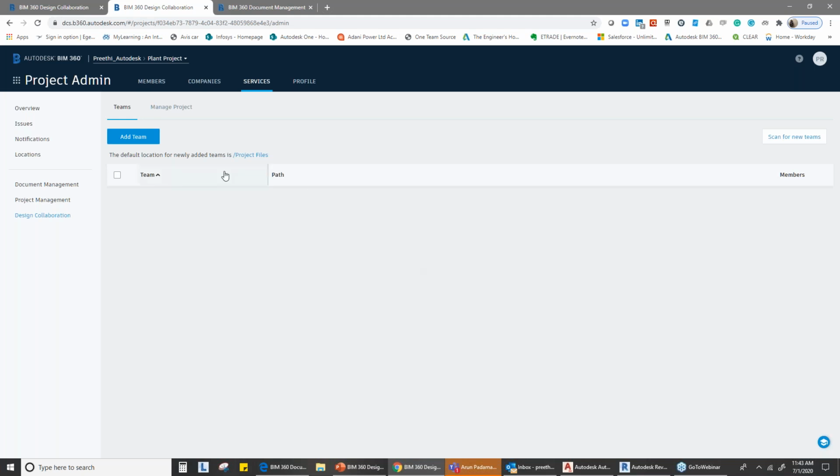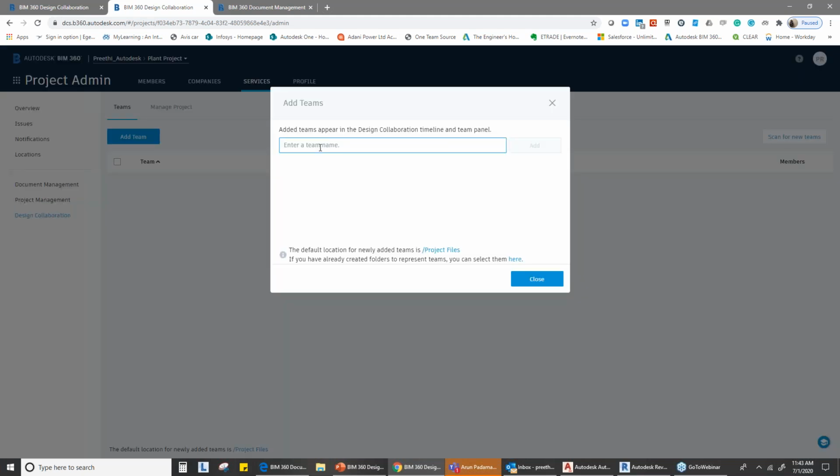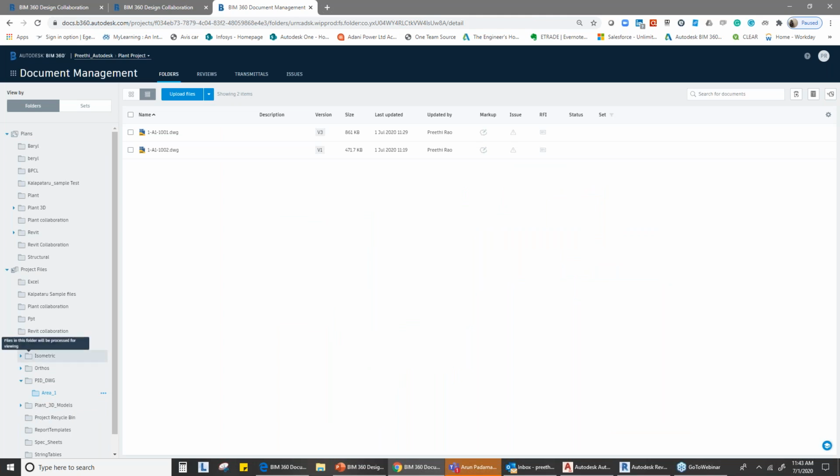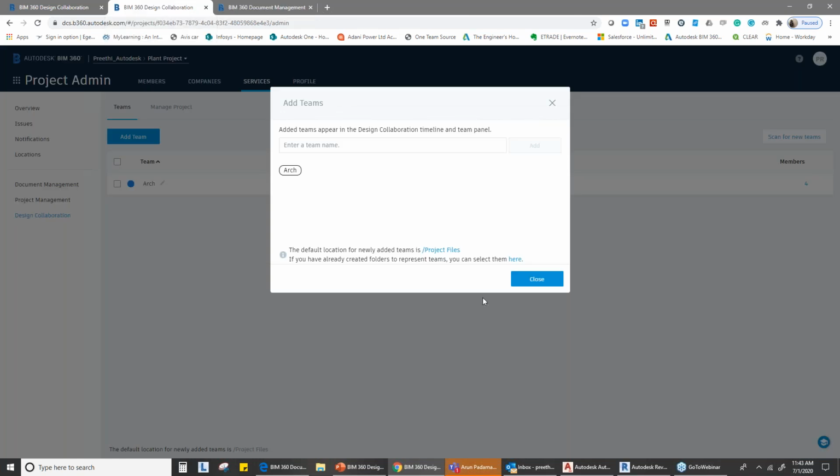And in the services section, you could call different team members. The team members could be architectural, structural, MEP. It could be even individual stakeholders. For example, I could say architectural team member and get them added. Now, while we are adding this, I need to show you something. As soon as I create this, architecture, structures, MEP over here, I could add a next team member over here. So structures has been added,